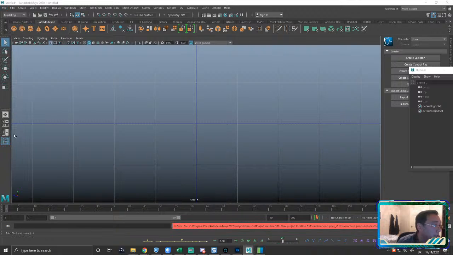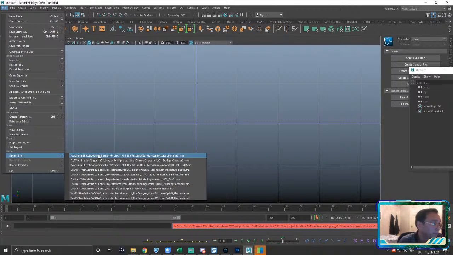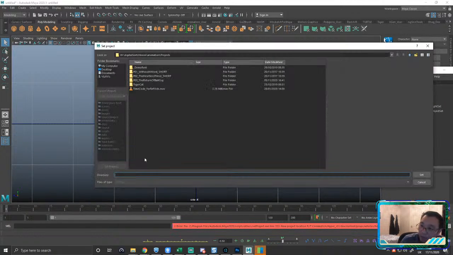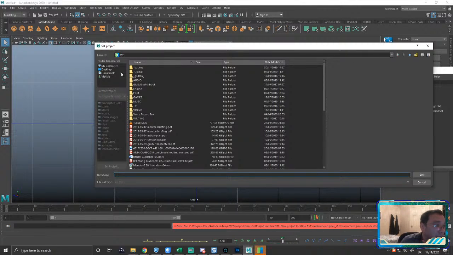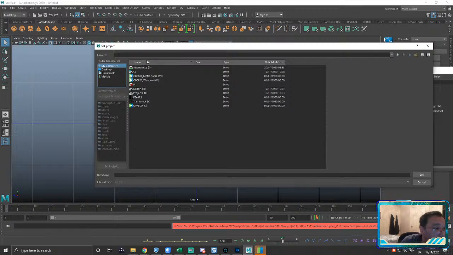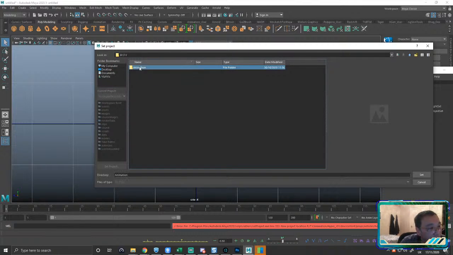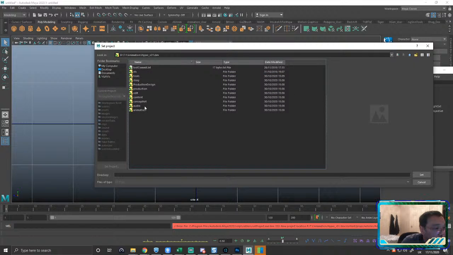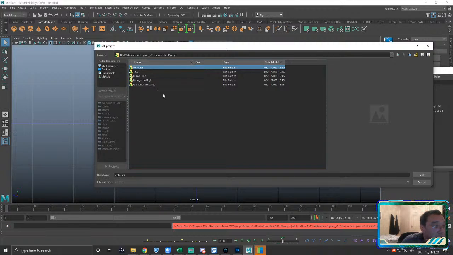Okay, let's set this project. It's lost my drive letter mapping, which is a bit strange. So I'm just going to pop back up here. Development, and in my content folder, props and vehicles.